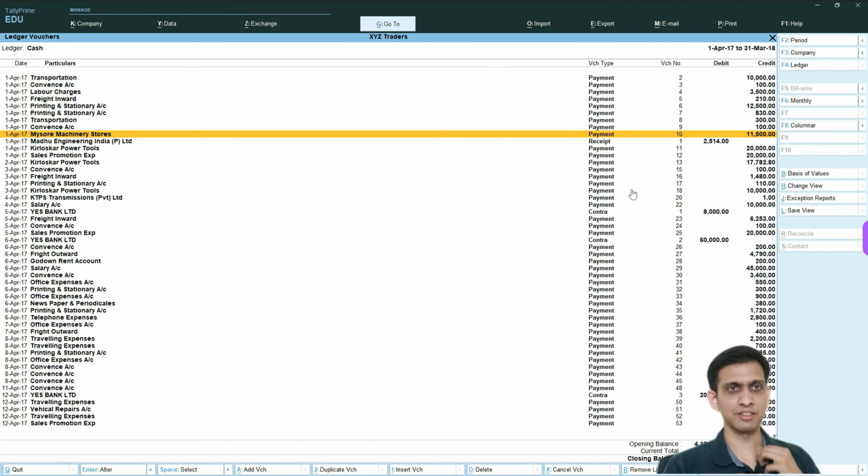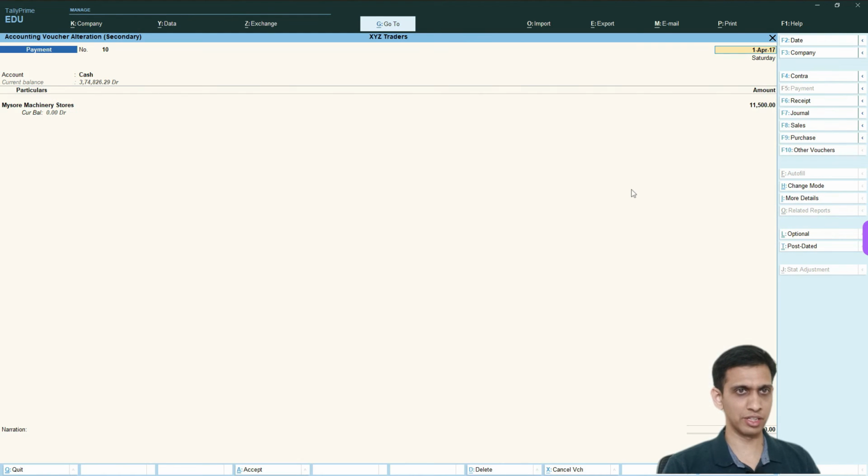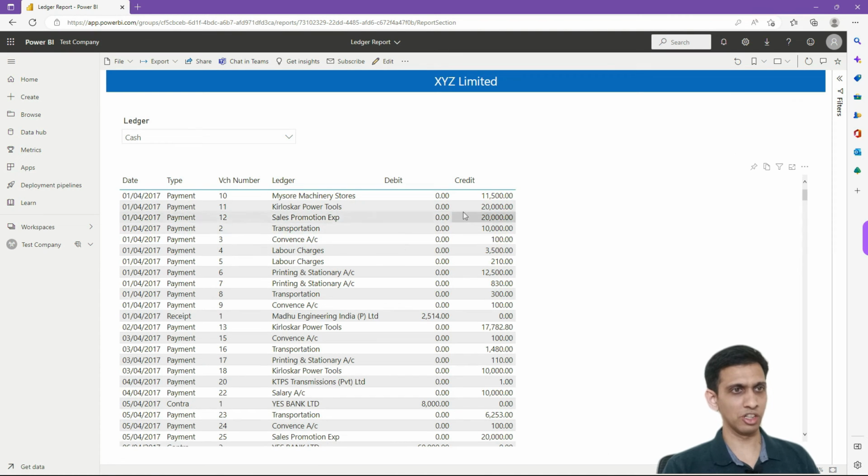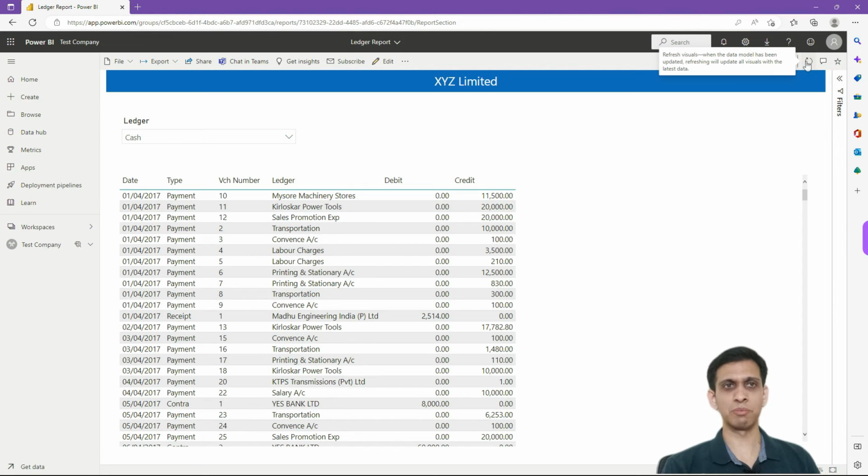okay. Now let's edit this. Let's edit the transaction amount of this. So it is 11,500. Let me make this transaction for, let's say, 15,000. Okay, 15,000. Ctrl+A, and let me pass this. Okay, 15,000. Now don't expect a real-time refresh, and don't be amazed that this refresh button is not working. Okay, now you have affected